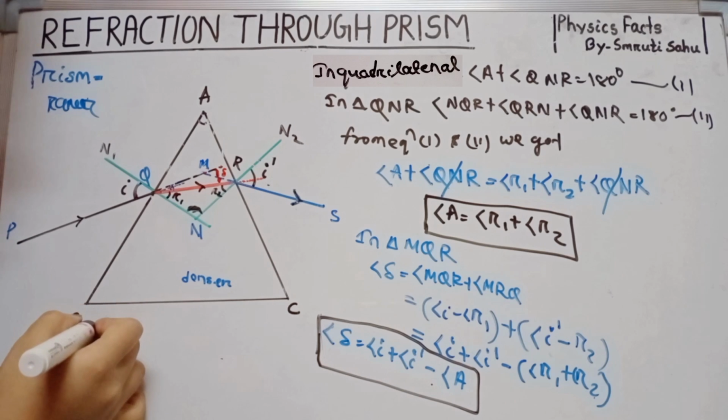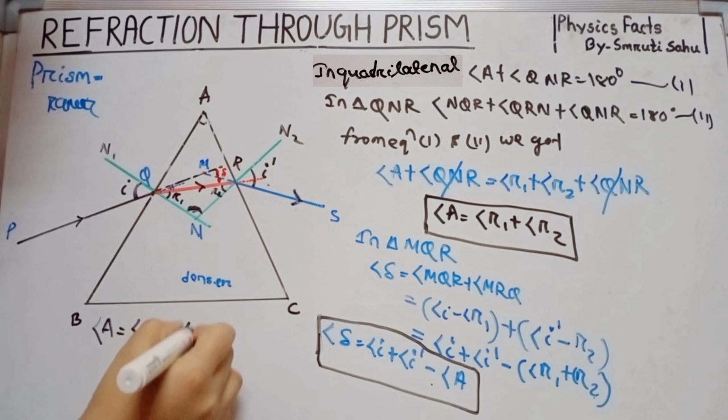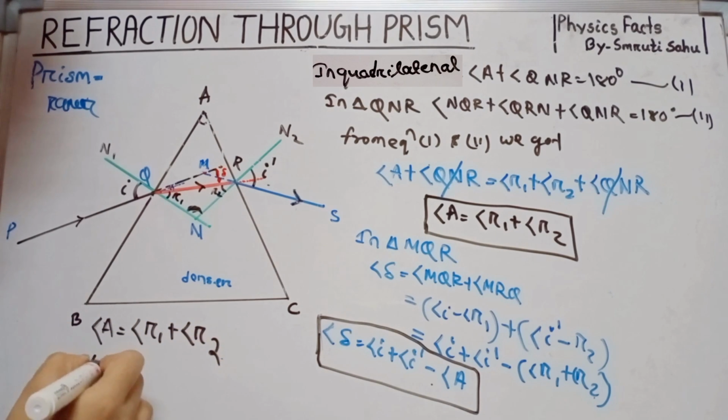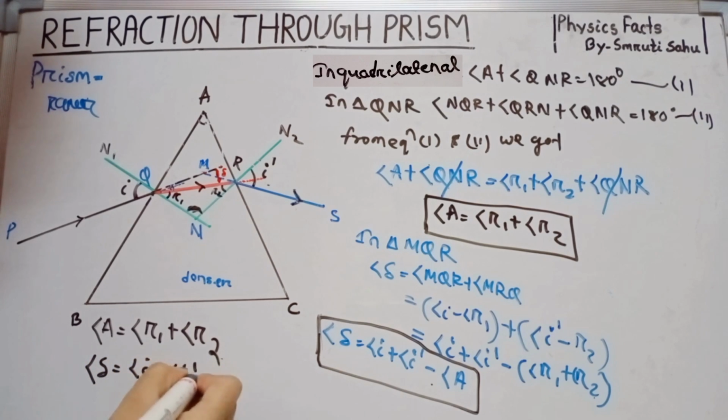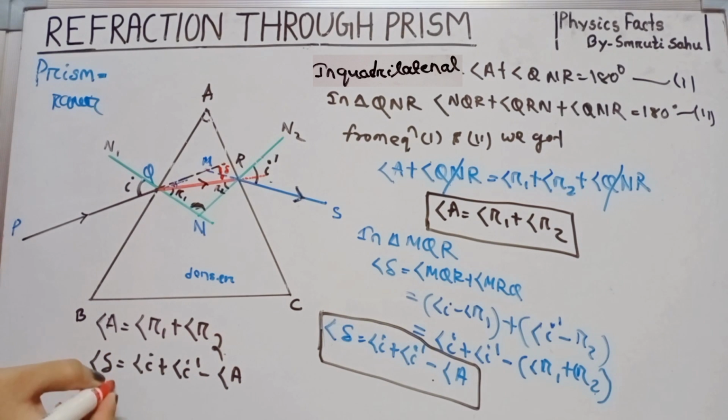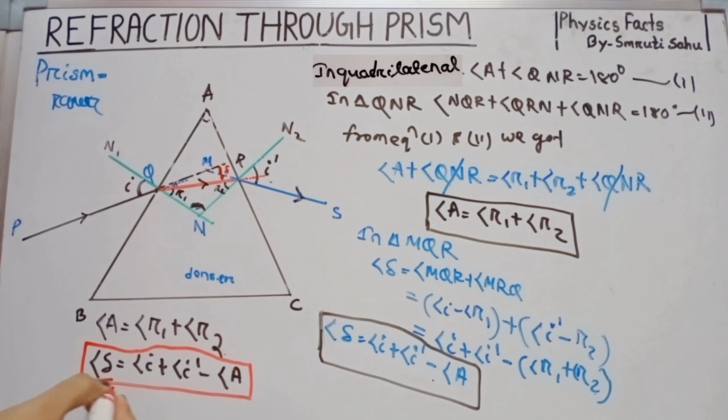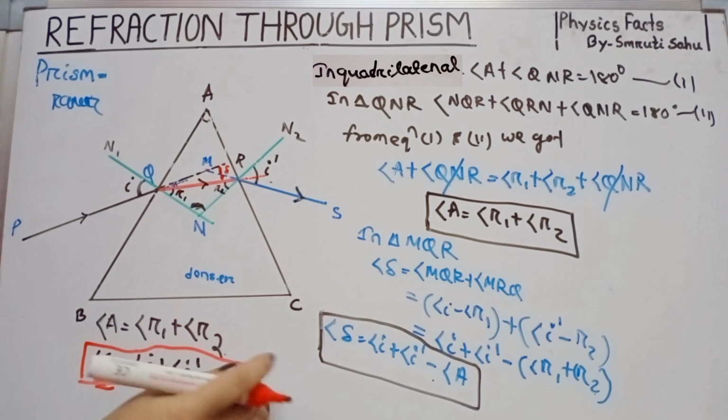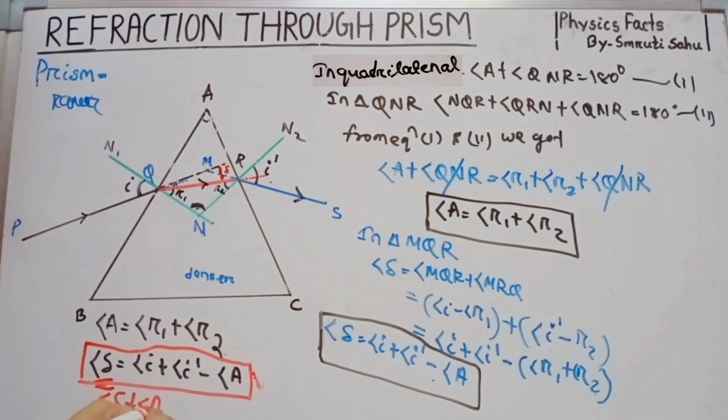That means here we got two equations. One is angle A is equal to angle R1 plus angle R2. Another equation is angle delta is equal to angle I plus angle I prime minus angle A. That means the angle of deviation is equal to angle of incidence plus angle of emergence minus angle of prism. You remember this equation, student. From this equation, we also get that angle delta plus angle A is equal to angle I plus angle I prime. Next, we discuss for a thin prism, what is the relation between angle of deviation and angle of prism, and if deviation is very less, that means for minimum deviation,